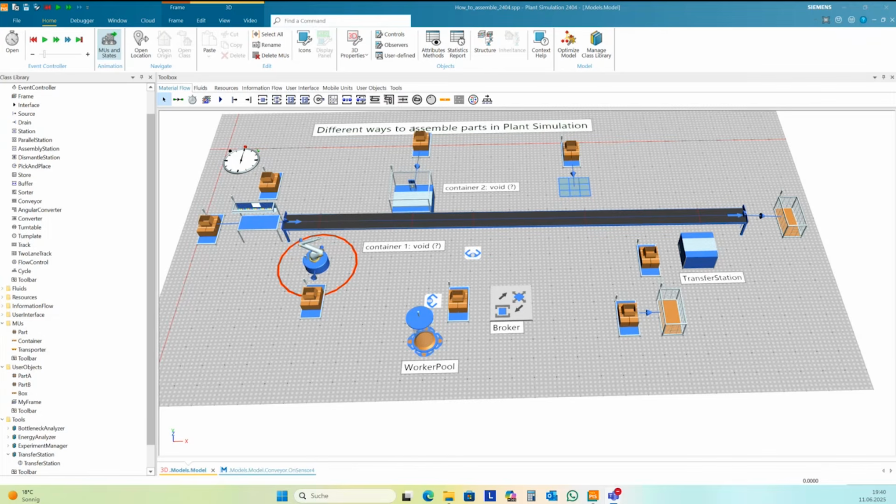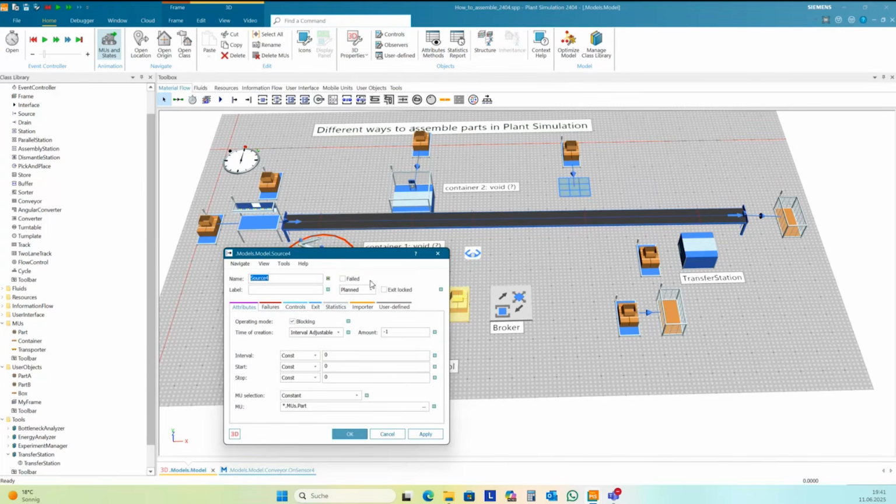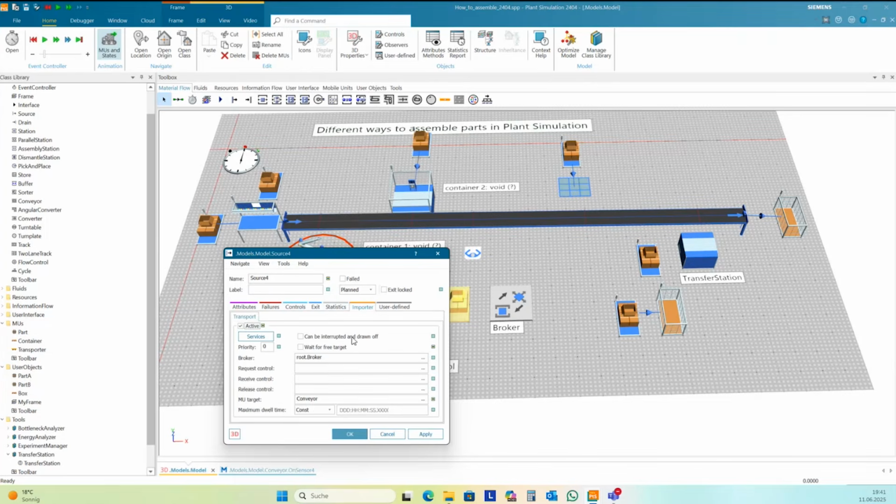Yeah, there was also some discussion. Alex and some other folks were talking about the wait for free target, the way that activated the worker broker reserves, I guess, which made the pallets stop. They couldn't enter. Is that something you could look at or explain again? Yes. The destination. Here, the destination of the part in the transport importer is the conveyor.